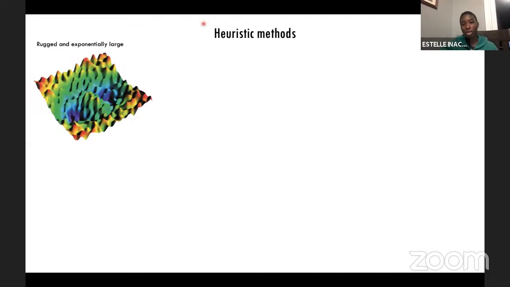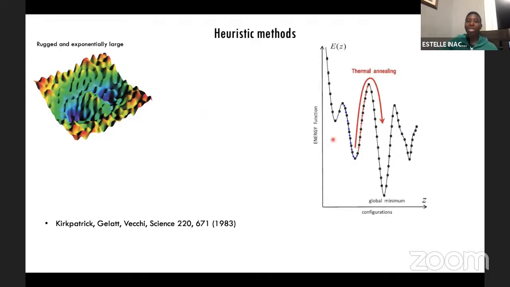And you need, with your heuristic method, to design an efficient search algorithm to find, if not the deepest value, like metastable values that are close to the deepest one. A famous method that was used in searching for this approximate solution is the so-called simulated annealing method, which uses thermally activated processes to overcome the barriers in the search of the deepest value.